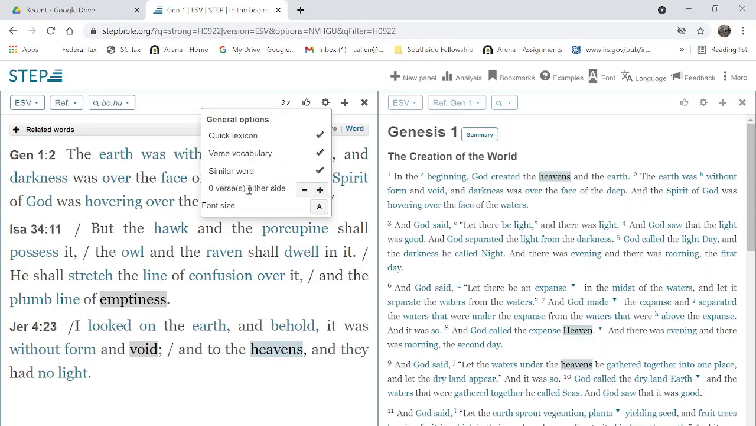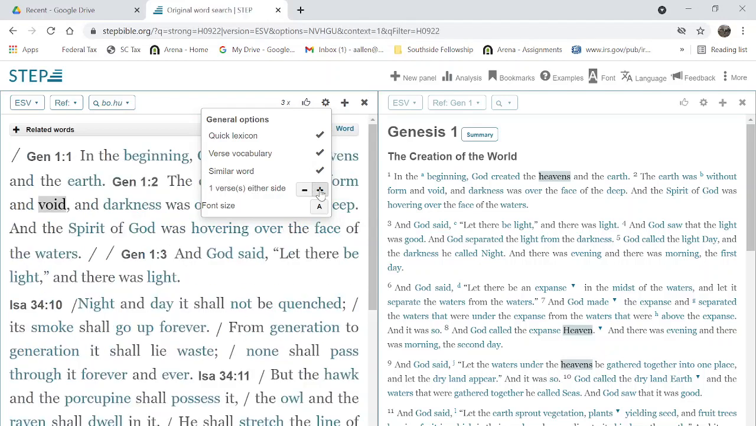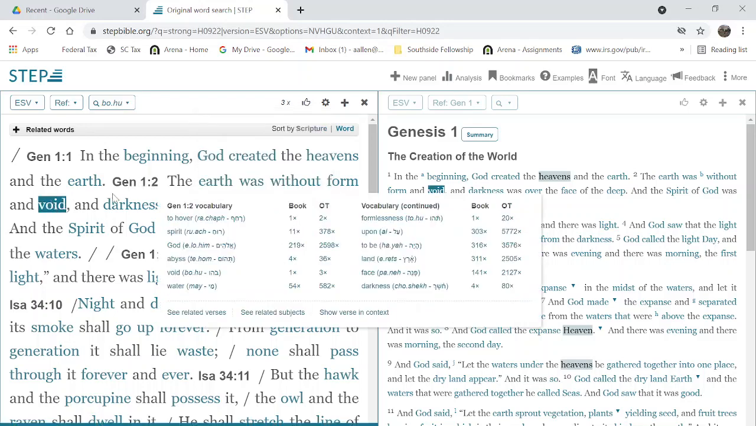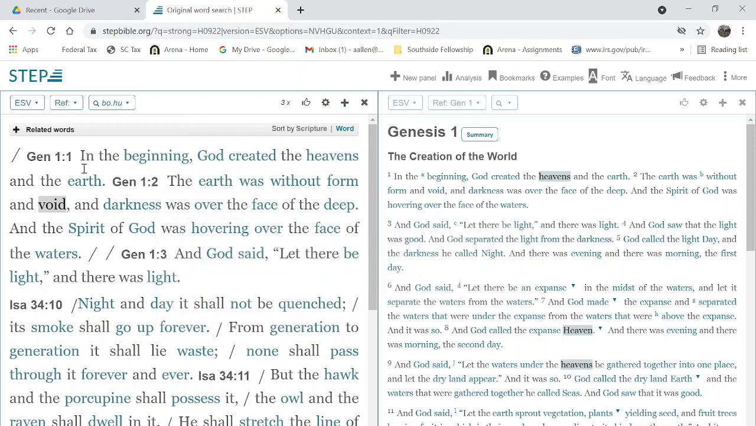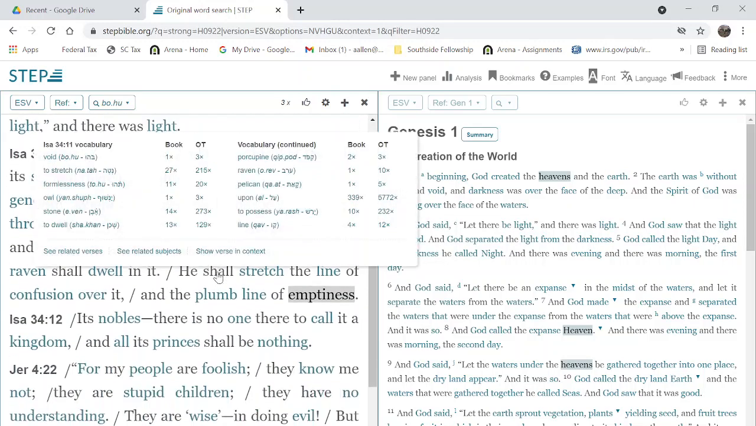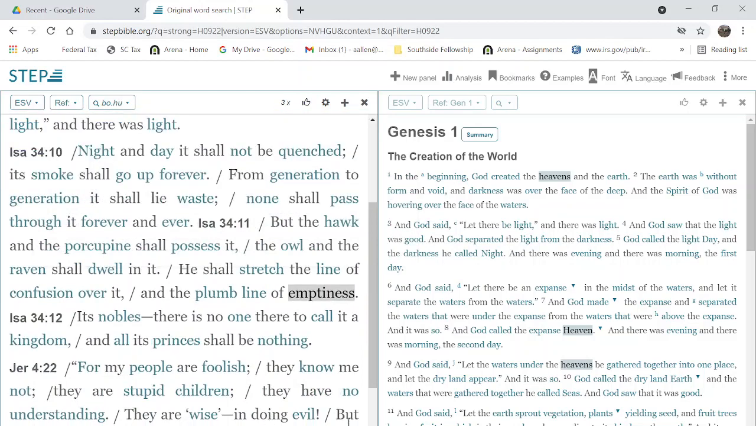And right now it has 0 verses on either side of the verse we're looking at. Well, I can increase that number. Let's say I want to look at 1 verse on either side. Well, what that does now is, since the word we were studying appeared in Genesis 1:2, now in my search results I get Genesis 1 through 3. And likewise Isaiah 34:10, 11, and 12, Jeremiah 4,